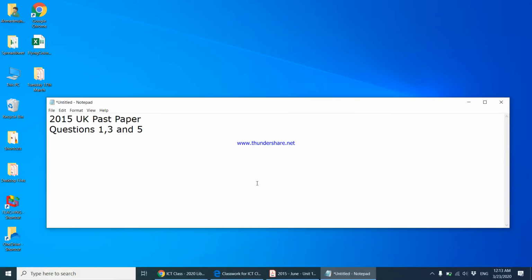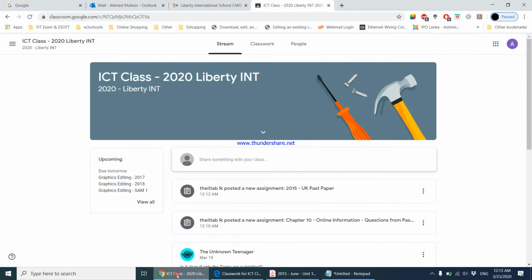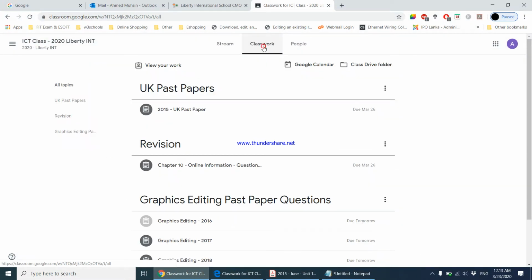In today's class, we will be going through the 2015 UK past paper, the GCSE paper, and we'll be doing questions 1, 3, and 5, which means question number 2 and 4 will have to be done on your own. Okay. So getting started, you'll have to log into your Google Classroom, and come into classwork, and we'll be